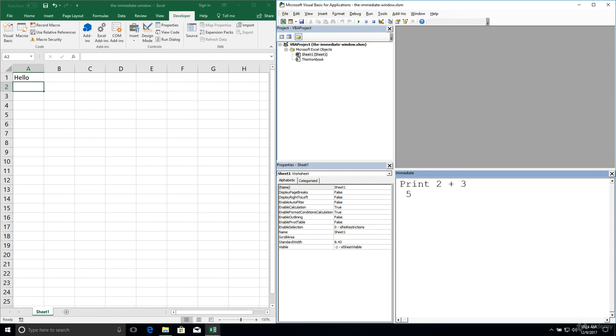We can also print to the immediate window from an actual procedure body. This is really helpful when we want to keep track of something as it's going on in our procedure. As we're executing, we may want to find out what the current value is that's being stored, let's say in a variable, which we'll talk about in a few lessons. Sometimes we want to keep track of data that is changing throughout the process of our procedure execution. So we can actually log things to the immediate window from a procedure body.